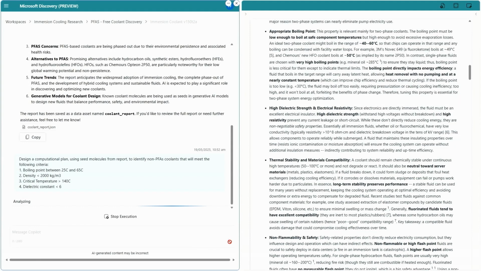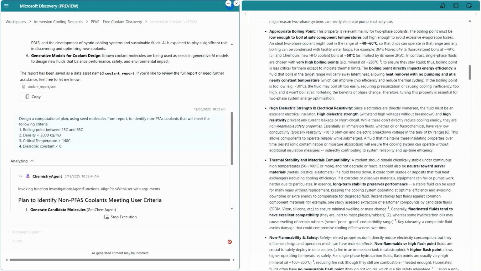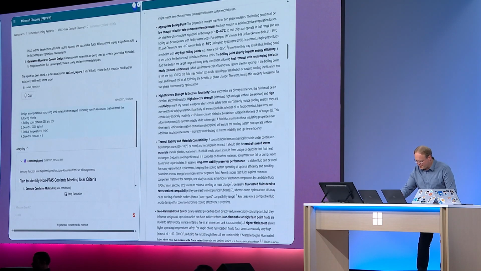Now, my team of agents is working to build the right workflow. Now, you'll see, I didn't specify what methods to use or write any code. Microsoft Discovery handles it all for me. The agents can use tools and models from Microsoft. They can integrate open source or third-party solutions, or even ones from my own organization. And I can always adjust this plan, either adding additional steps or changing the criteria so that I'm always in control.